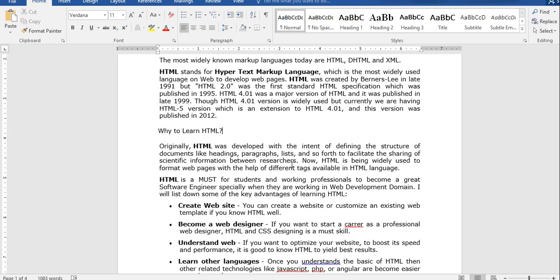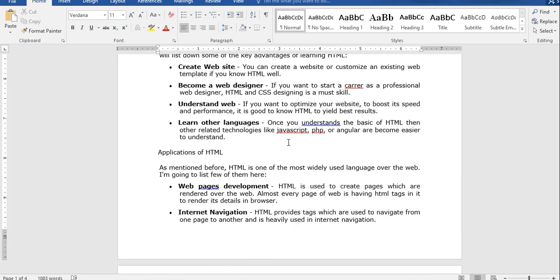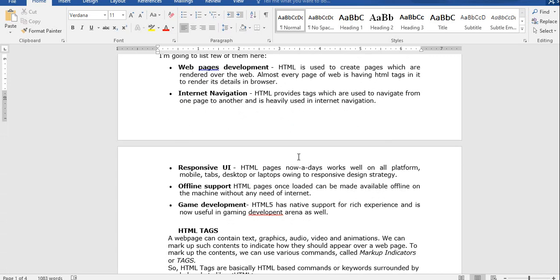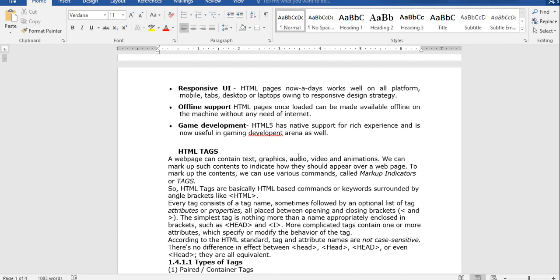And why we have to learn HTML, in the sense of the advantages of HTML, we saw in the last class. Along with that, we saw some applications of HTML, where we use this language. And we have seen a sample program, and the HTML program structure also we discussed in the last class.